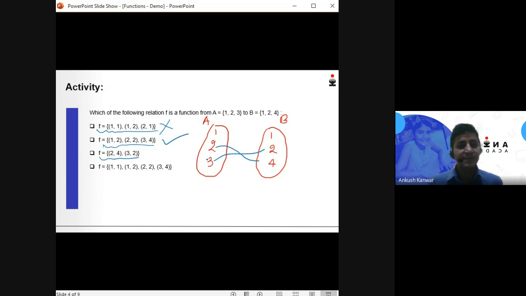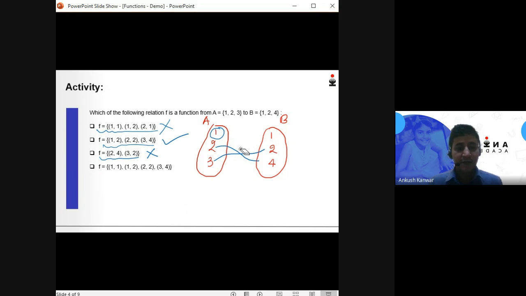Now we can see that element 1 of set A does not have an image in set B. In order to say that this relation F is a function, all the elements of set A should have a unique image in set B, but element 1 of set A does not have an image. So the relation represented by the third option is not a function.